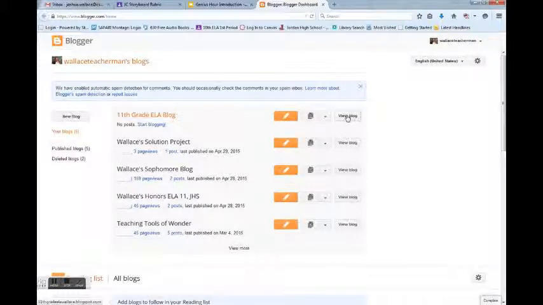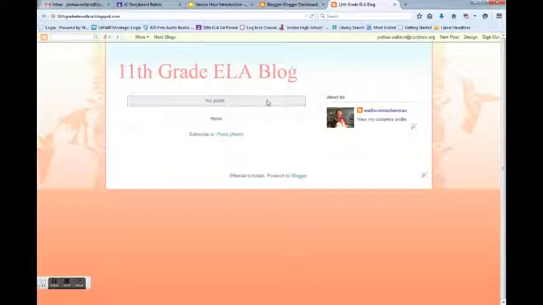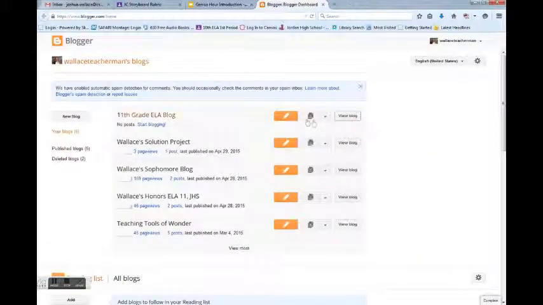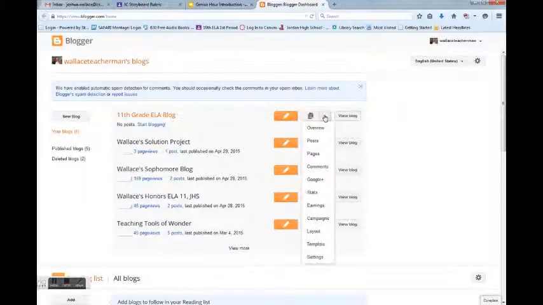I could look at what the blog looks like now. In fact, I'll do that and show you. It'll open a new tab, and there's nothing there. It's just the title, and that's it. Okay. And then the other option is I can come down here to settings, and I can play with some